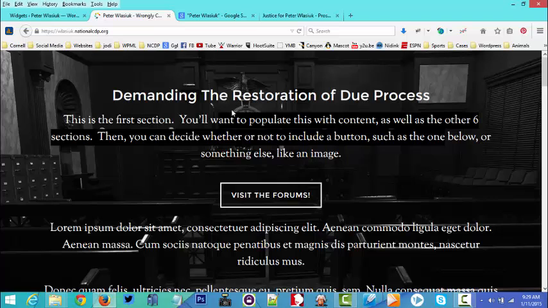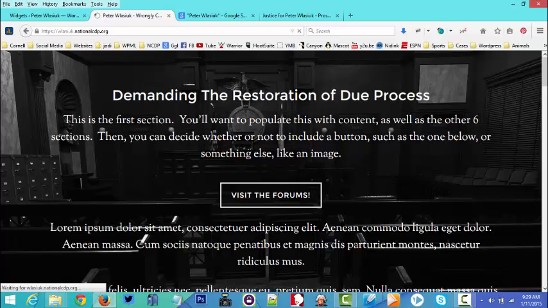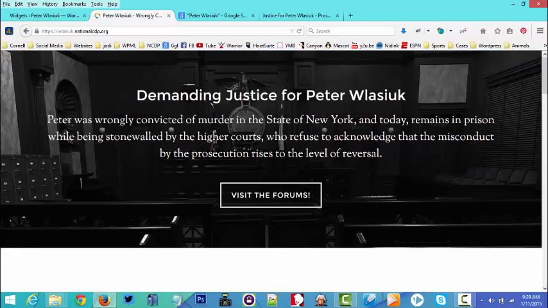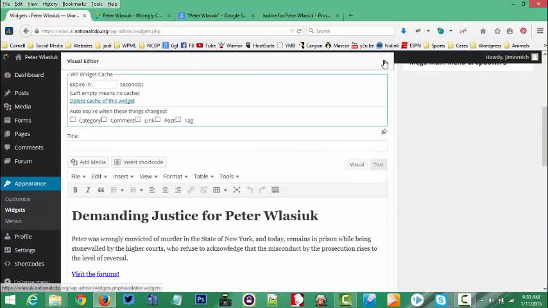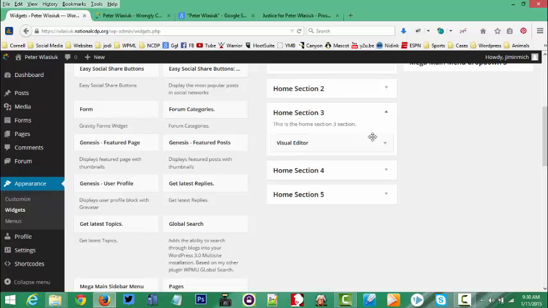Now what happens after we save that home widget 1, if we refresh, we'll see the dummy text is gone, demanding justice for Peter Wlaziuk. In section 3, there's nothing there right now, but let's just say